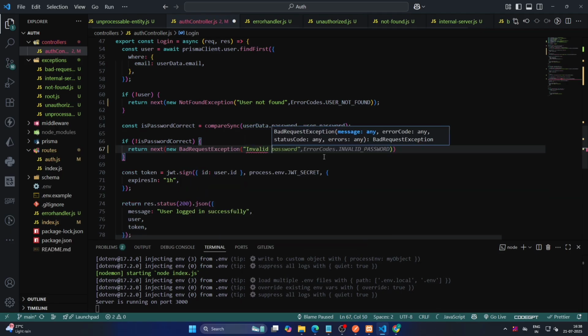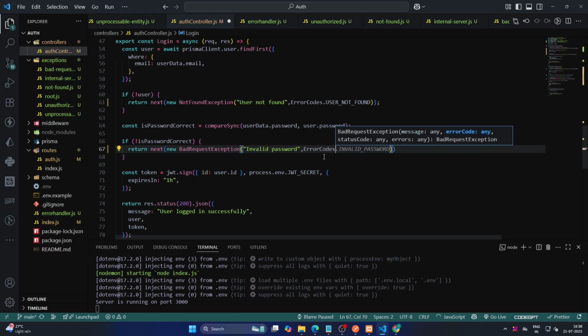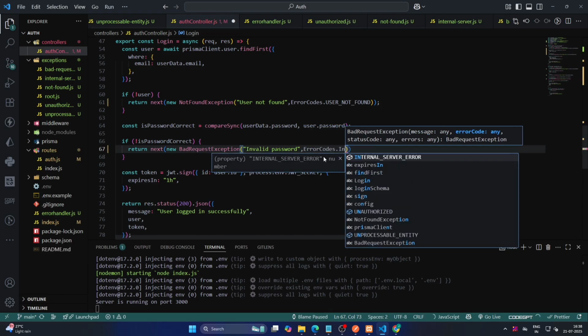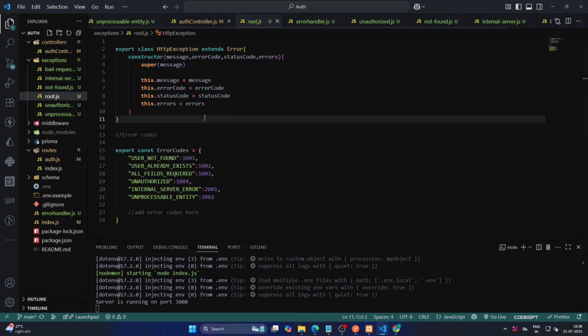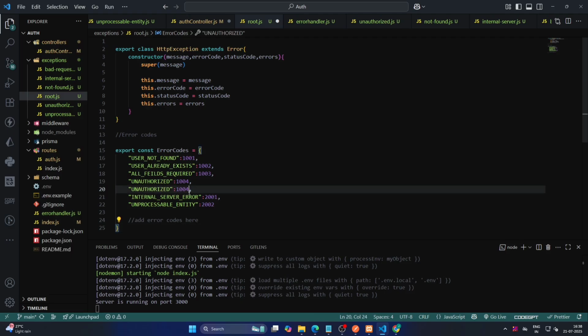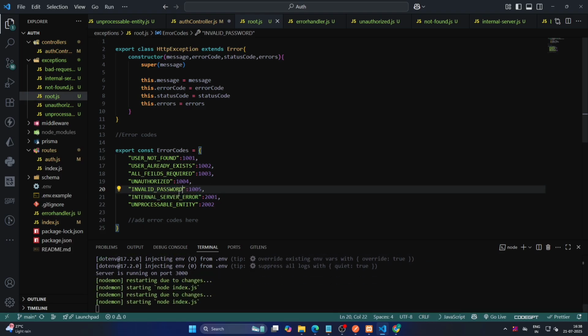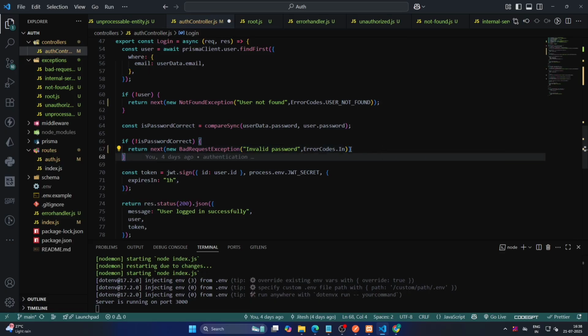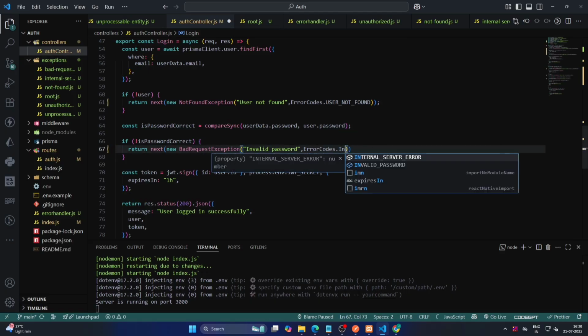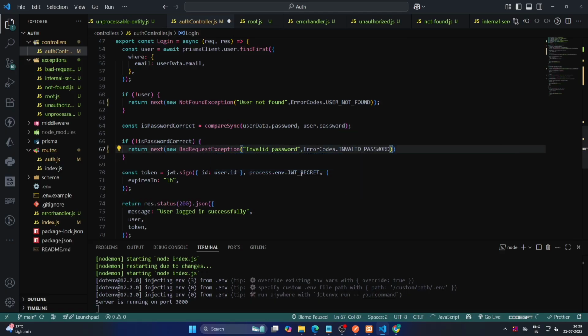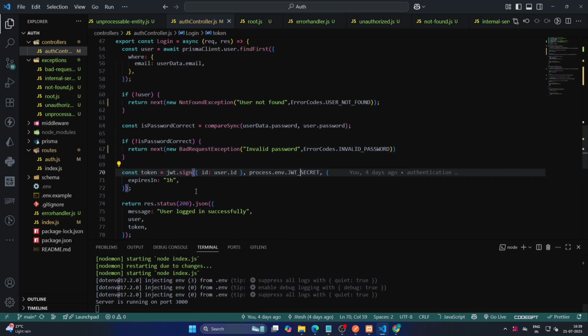So the message should be invalid password and the error code should be error codes dot invalid password. There is no invalid password yet, so let's add it in error codes. Yes, so we have added invalid password and the error code should be 1005. After that let's add error codes dot invalid password. So yes, we have done the